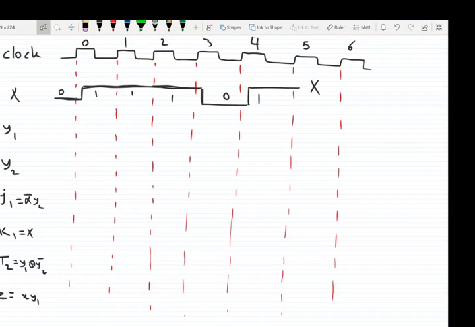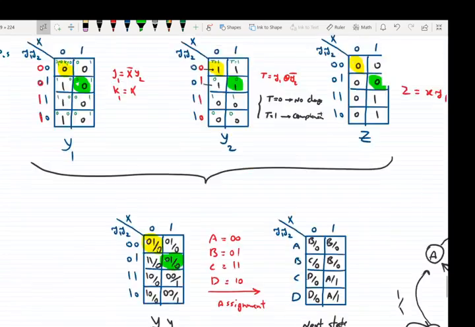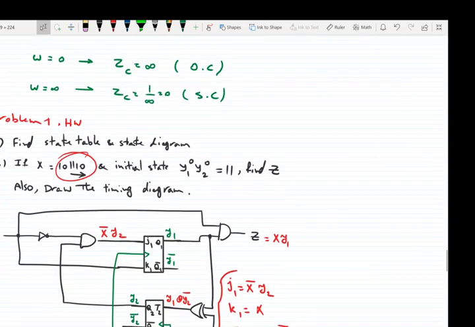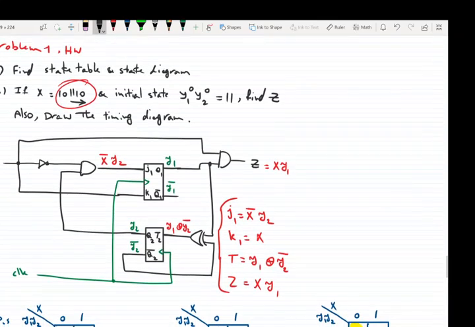We'll start from the y1 states, from the initial states. So we know the initial states, if we look at the problem, it says that the initial state is 1 1. So both